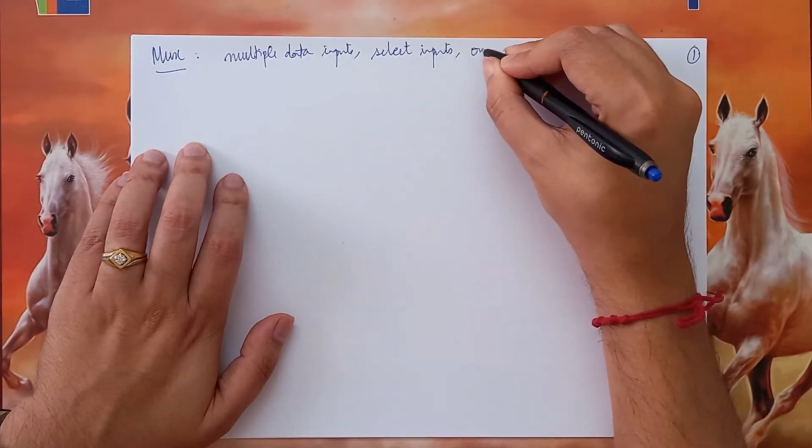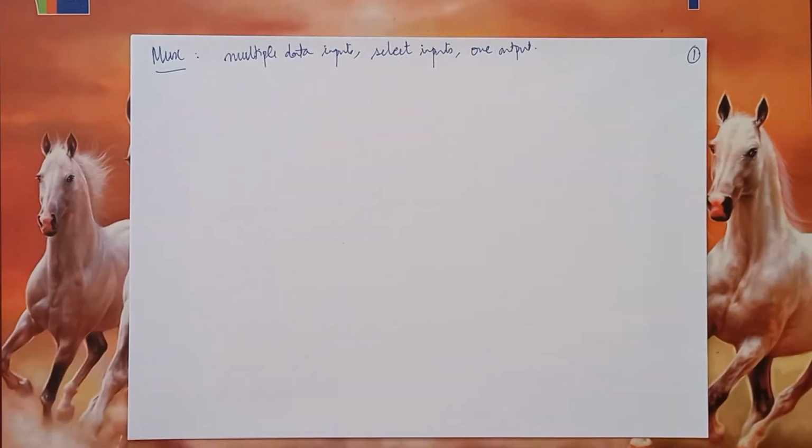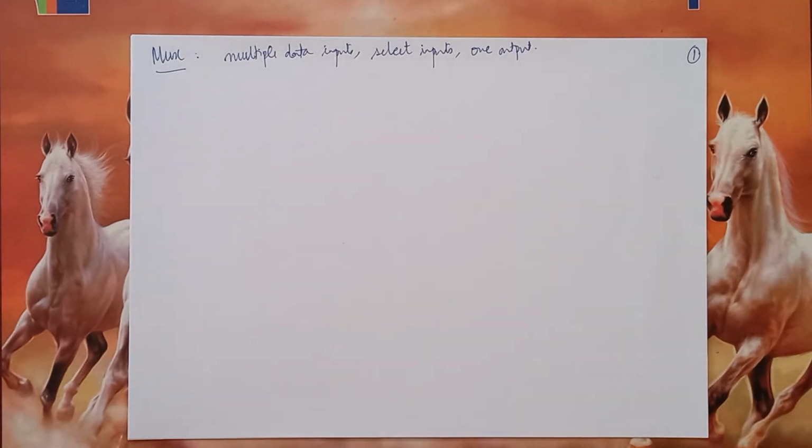And there is one output. So all said and done, if you are using one multiplexer, you can realize one logic function because it has one output. The question now is, is there any way through which we can use MSI circuits to realize multiple logic functions